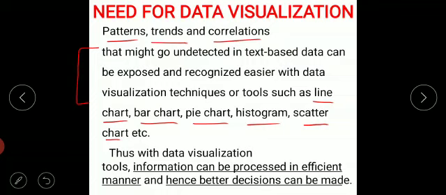So for this purpose, to analyze the large amount of data, we have to use the different data visualization techniques. And here we will use the line, bar, pie charts, histogram, scatter chart, etc. Right. So thus, with data visualization tools, information can be processed in efficient manner. Hence, better decisions can be made.